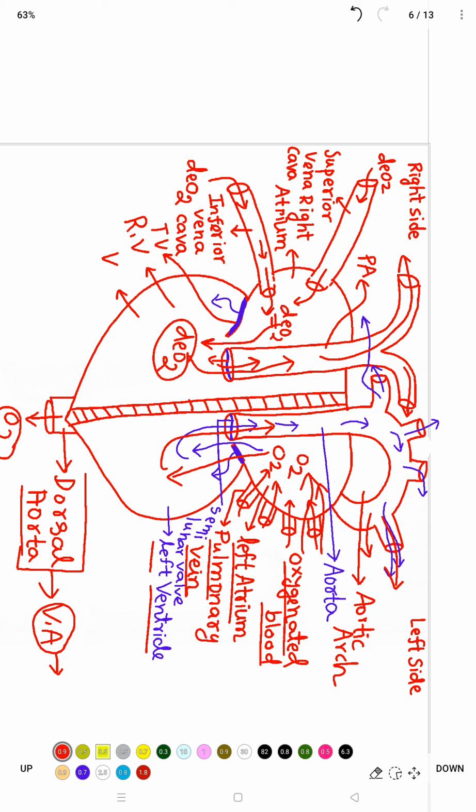And atrium and auricle, these are two different terms. Atrium is the complete chamber of heart, but auricles are the ridges present at both atria. Okay, so sometimes students get confused about these two terms, but actually auricle and atrium are different terms. Auricles are ridges and are present in atrium, and atrium is the whole chamber, and the ventricle is the lower